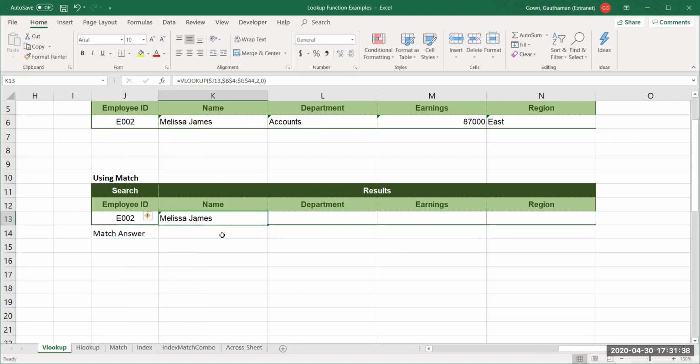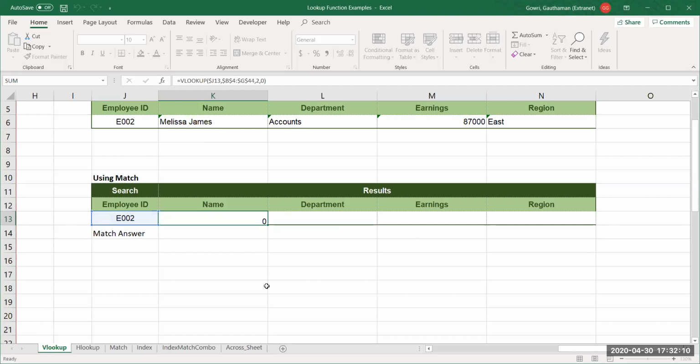So over here you can see we have provided a lookup value. Table array selection is there, but we are providing this column index number manually based on what value is present in the cell at the top. So now if I can get to know in which position this name, department or earning is present, it can take that number automatically. So this can be achieved using the MATCH function.